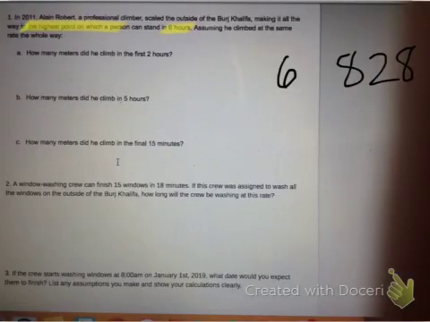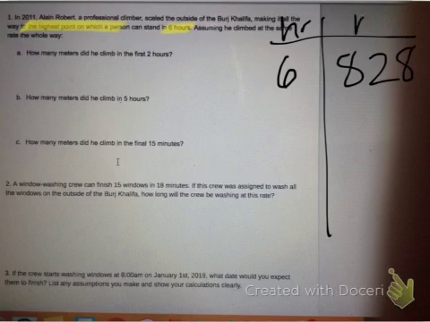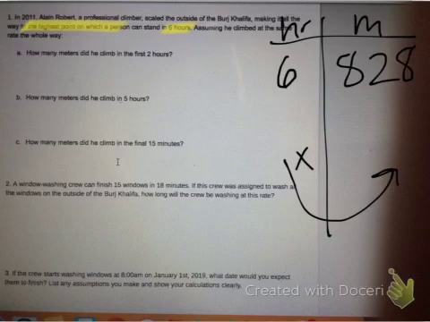can stand. So we can make this into a table where these are the hours and these are the meters, and we can find his rate, his speed, by figuring out what number we multiply the hours by to get to the meters. What number are we multiplying here? Because it's a constant rate, it's always going to be the same number. If we take a look at like this,